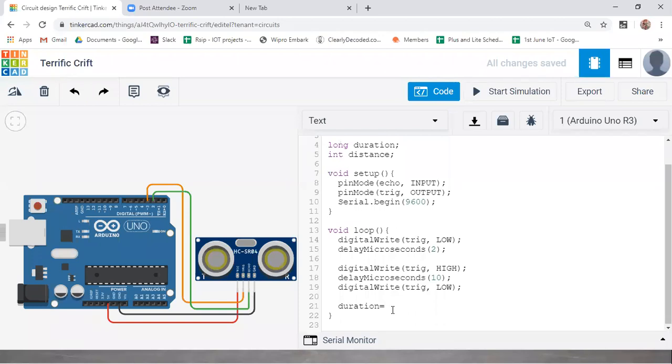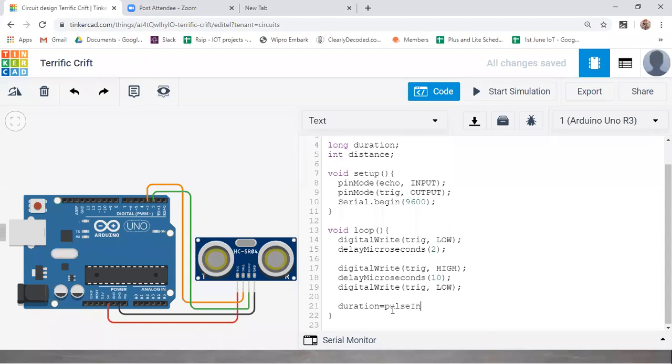To calculate the duration, you need to read for how much time you have got the input, for how much time you have got the echo pulse. For that, you need to make use of the pulseIn function, guys.